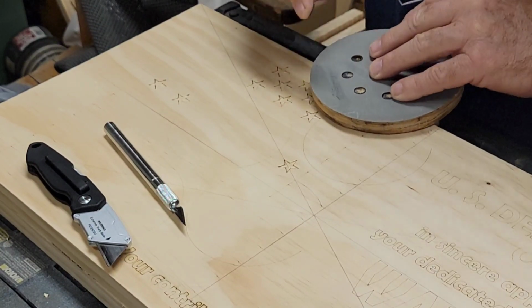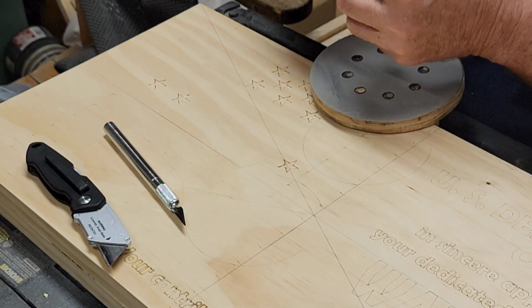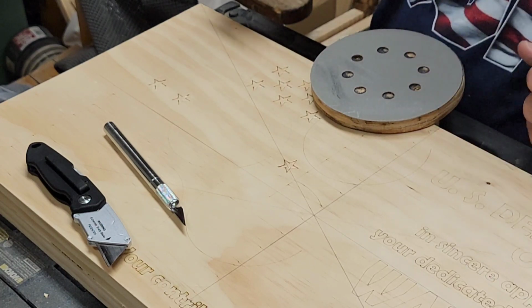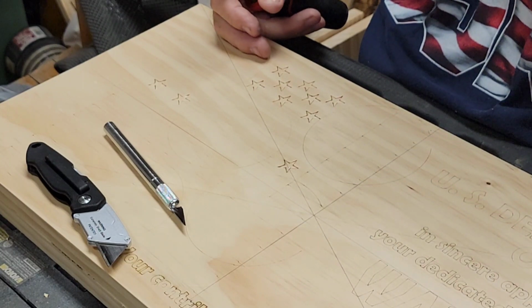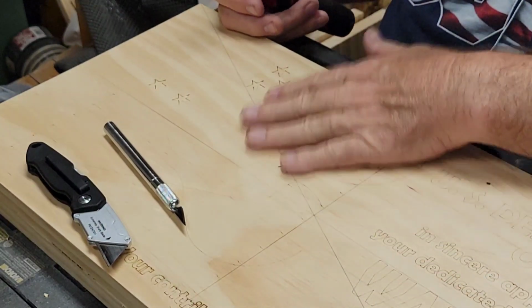Kind of replicate the angle. Just give me a little sharp point. I want to feel it. There we go. Now, ideally, I would put this on my granite block and sand it with that, but I'm